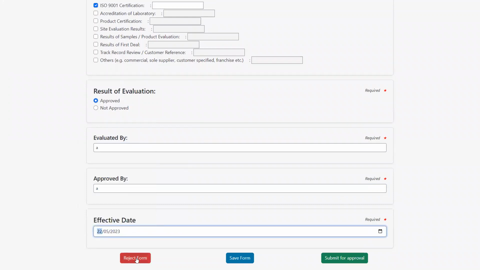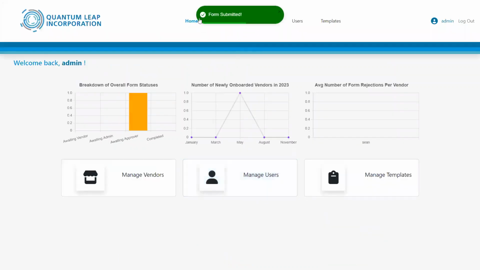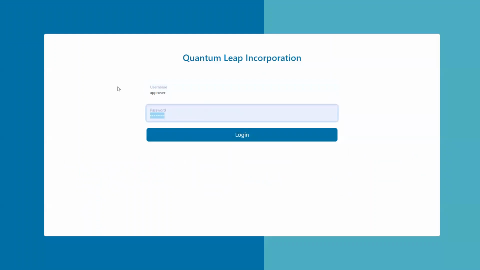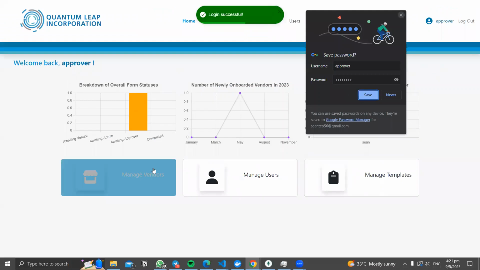So we can choose to reject the form, which I will show later. However, for now, we'll submit for approval. Upon submitting to approval, the charts are now awaiting the approval. The form is now awaiting the approval, and we'll log into the approval account. Upon logging into the approval account,